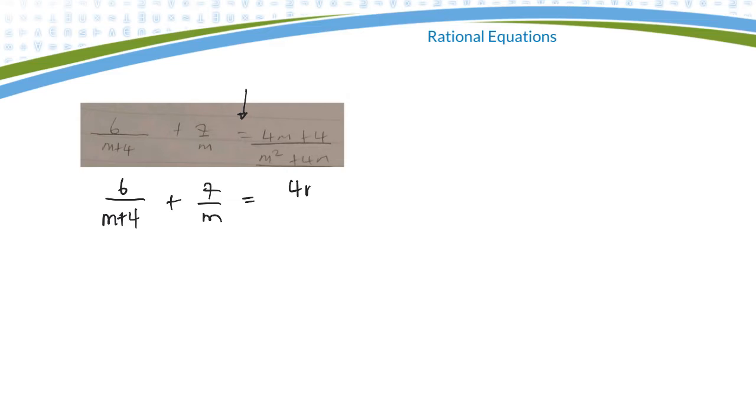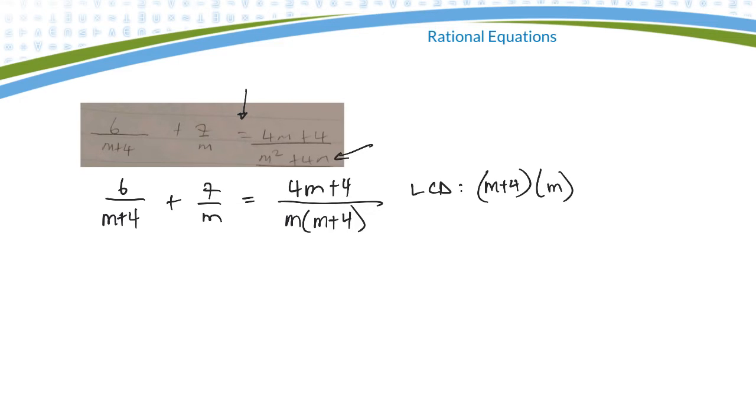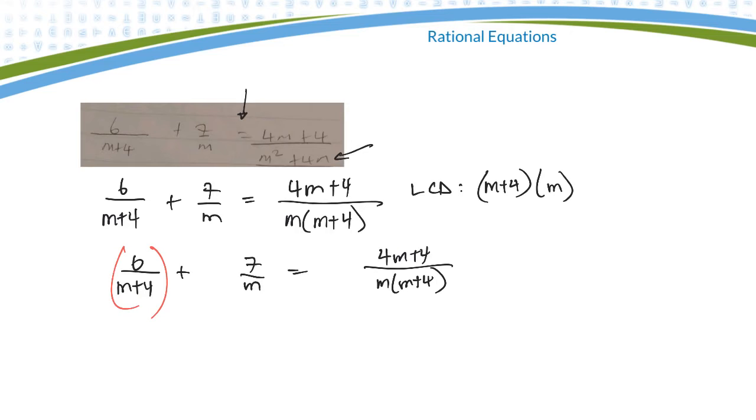To do that, first I need to factor this, so it'd be an m and an m plus 4. Now my common denominator is going to be m times m plus 4. I need one of those, and I need an m. So I'm going to take each term, this one, and this one, and this one, and multiply each of them by the lowest common denominator, m times m plus 4,